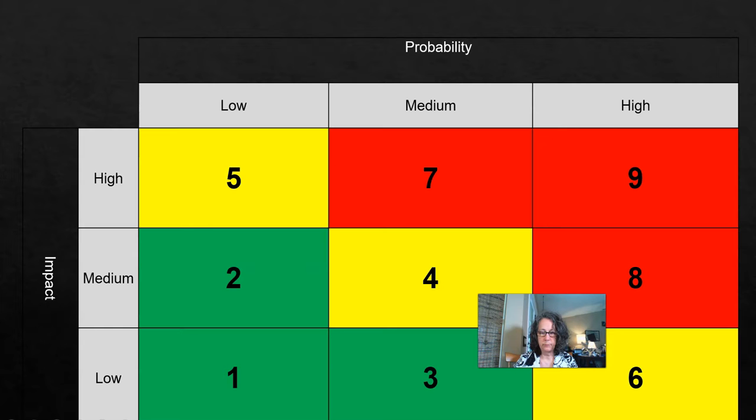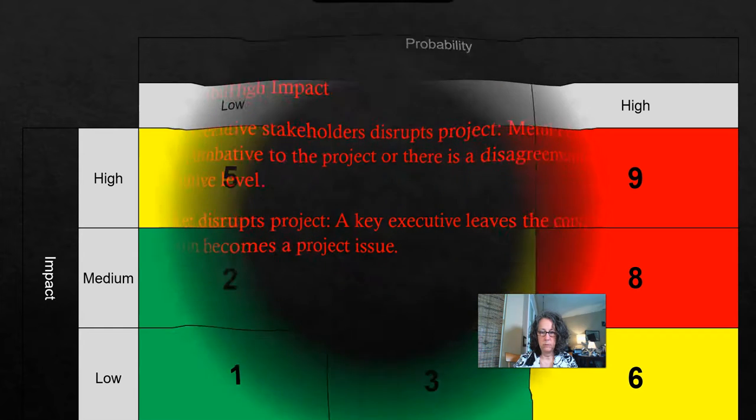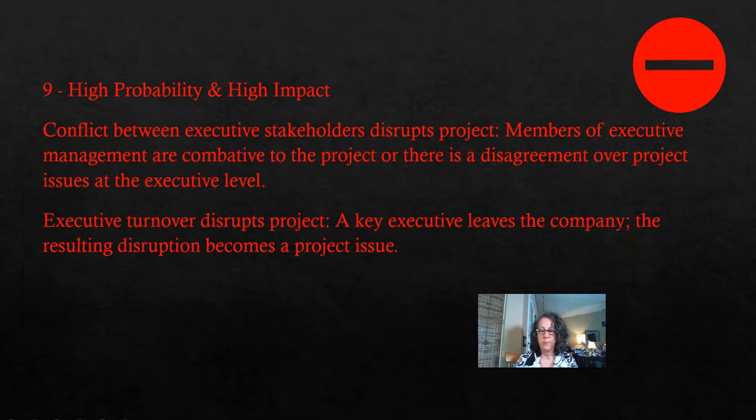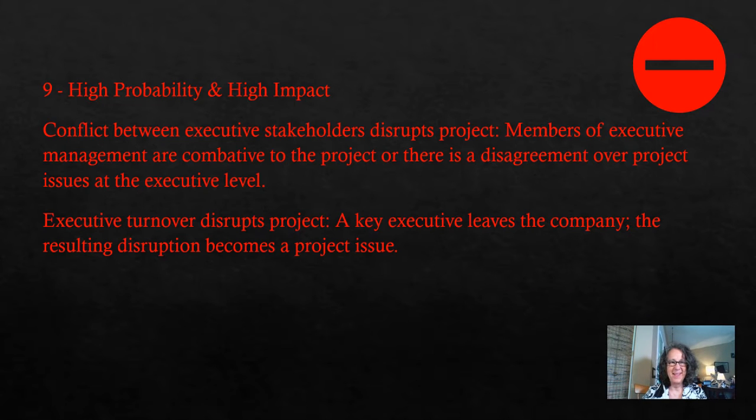All right, so I'll move me back over here, out of the way. Okay, so high probability and high impact. Conflict between the executive stakeholders was one of the risks that was identified, and also the possibility for executive